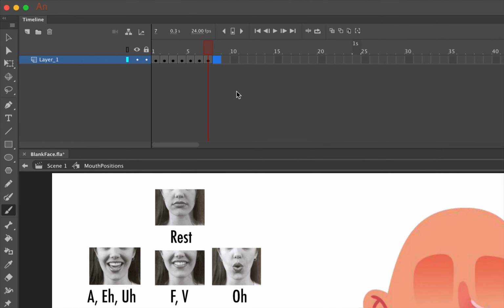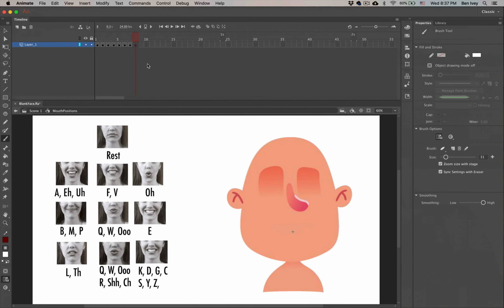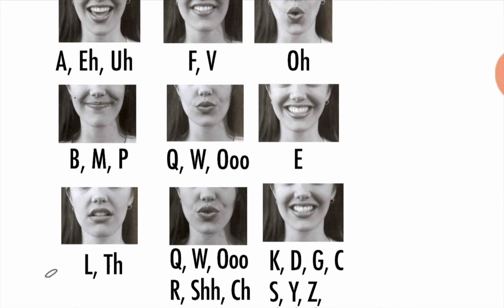Turn to our timeline and create a new one, F6, delete it away. This is the L or the Th. In this case, it's hard to see it on the picture. You're pulling your lips together so they're not as spread apart as all of the other ones we've been doing. So they're a little bit closer, and the tongue is touching the top of your front teeth, so the L. It's not indicated very well in the picture because their lower lip is covering it up. But in mine, I actually want to show the tongue touching that upper lip or that upper teeth for this